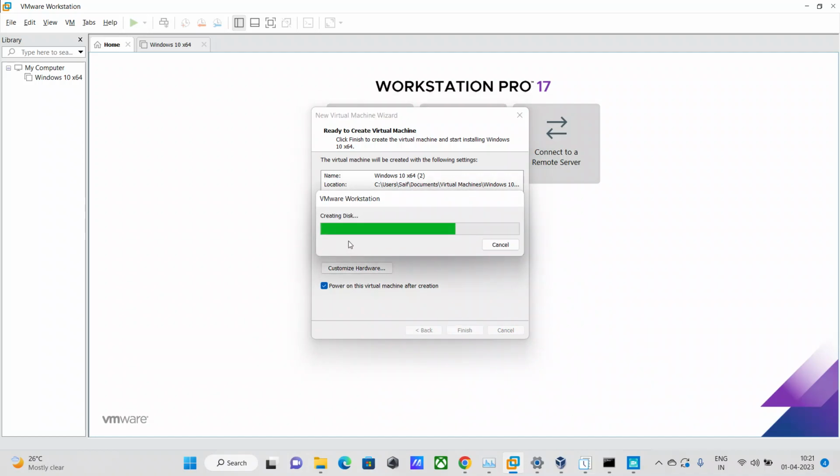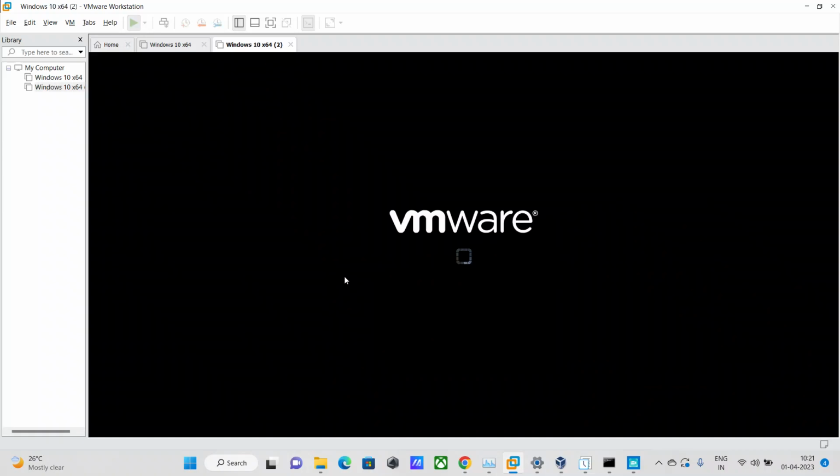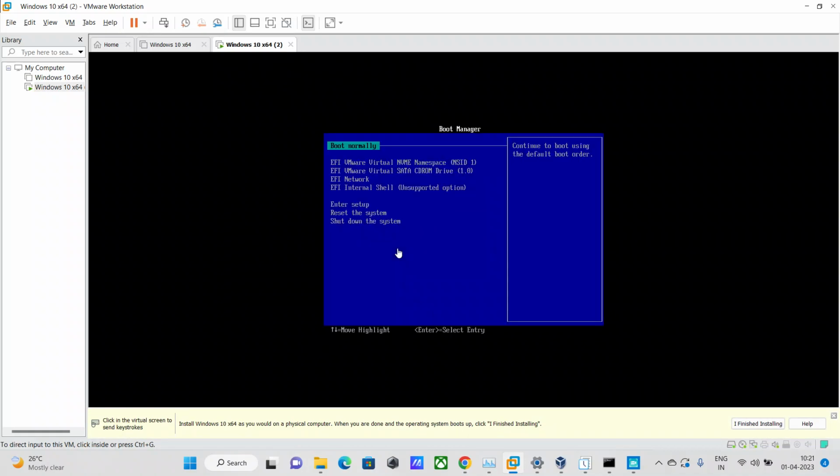And once after you click on finish, you will be able to see an option that comes creating disk, and then the VMware starts your virtual machine, and here it says boot normally, right? You just have to select boot normally and hit enter. All right,